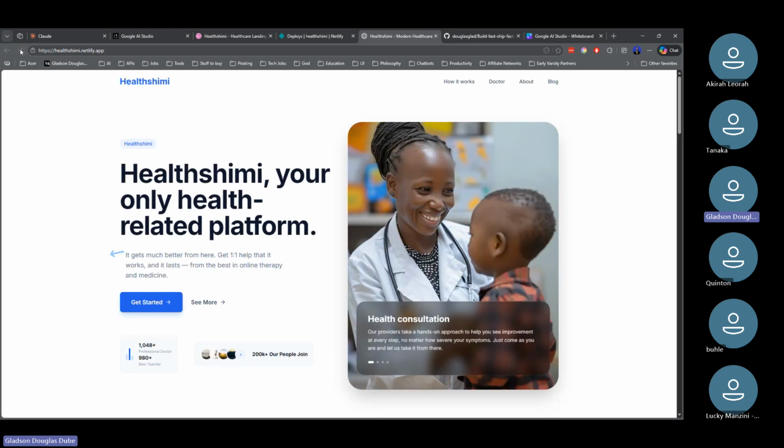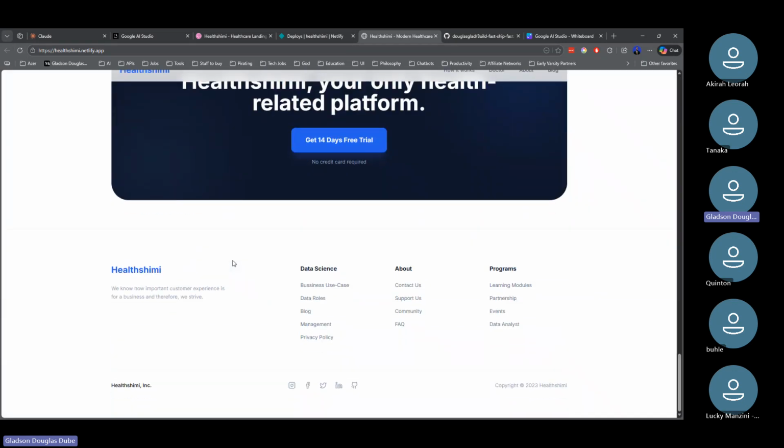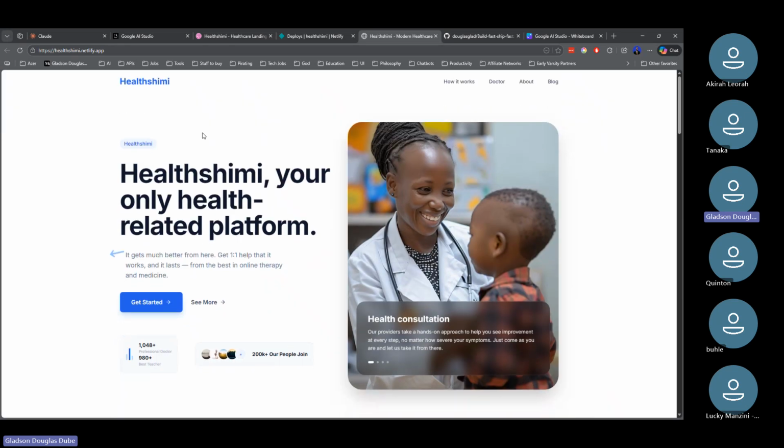Look at that. That is amazing. Once you do this, you are now a certified web developer, I'm telling you. As we are talking right now, you guys can also access this website. So I can share this link with you. Okay. So once you've done this, the next step is